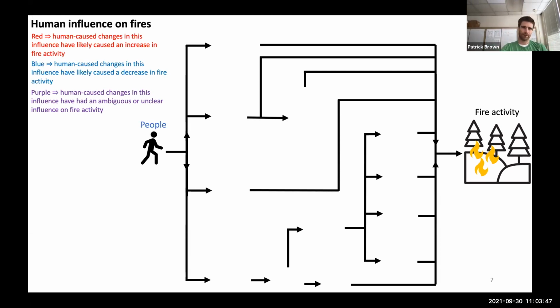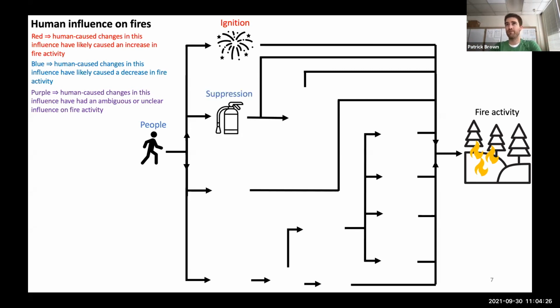Okay, so one thing, I just mentioned that humans account for 90% of ignitions of fires globally now. So humans are lighting a lot of fires. That can be from things like fireworks. It can be from PG&E's down power lines. It can be from campfires that aren't put out. It can be from sparks from automobile breakdowns, lawnmowers that hit a rock and cause a spark. So humans are igniting a lot of fires, most of the fires.